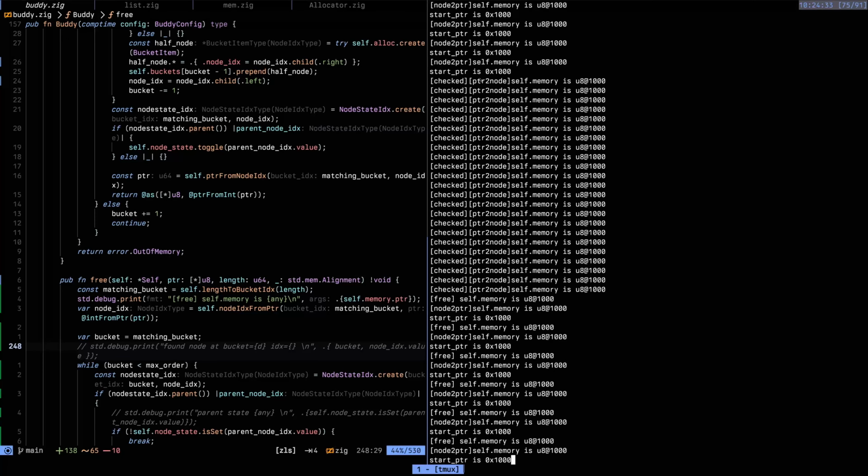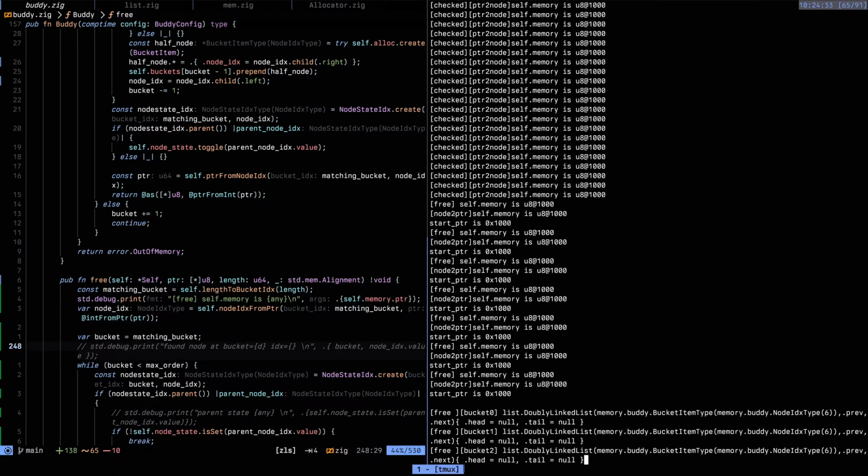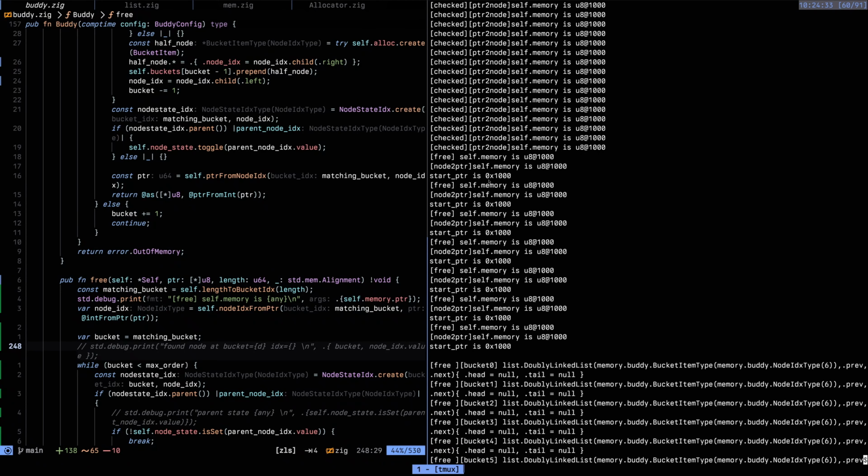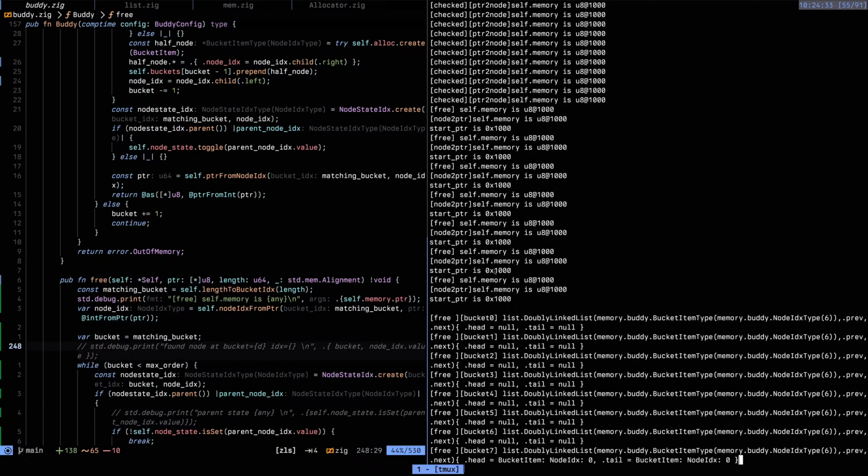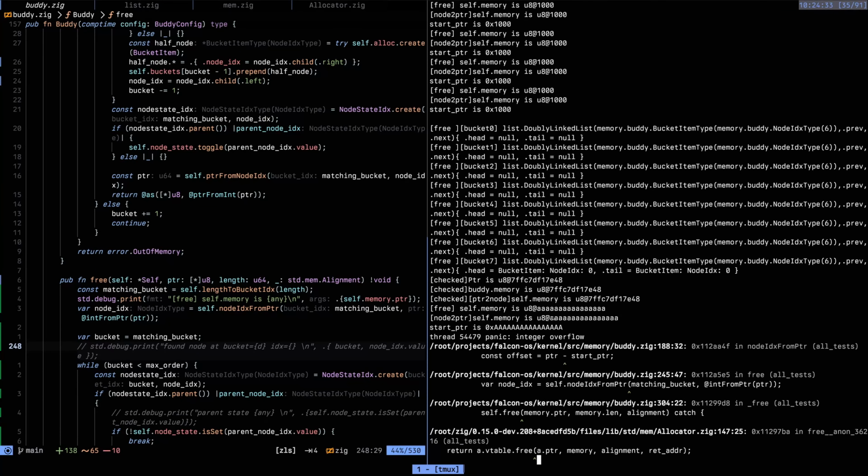Right, so in our test code, node to pointer is set, and it's correct. Rather, the memory pointer is correct all the way through. But here, when we call free, so upon entering free,